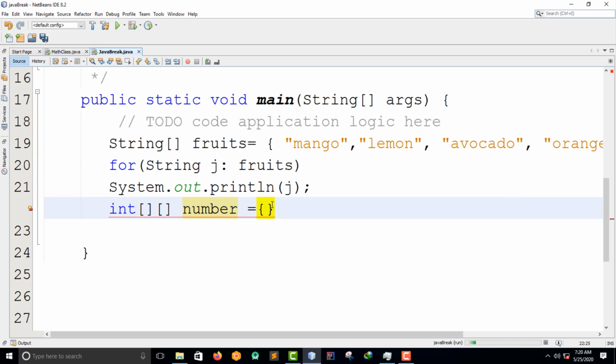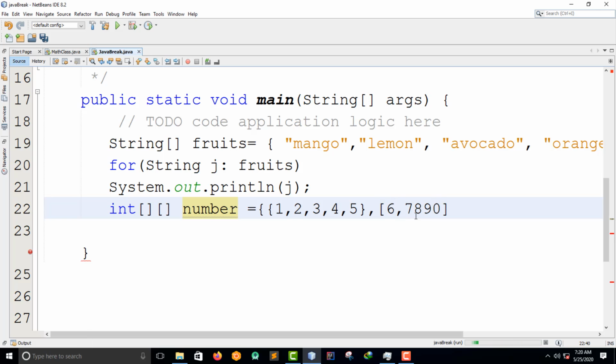So the first one, I must do this. This one I'm assigning for the first one there. So I'm going to have 1, 2, 3, 4, 5. Then the second one, I have to put a comma there, and then I say let me say 7, 8, 7, 6, 7, 8, 9, and 0.